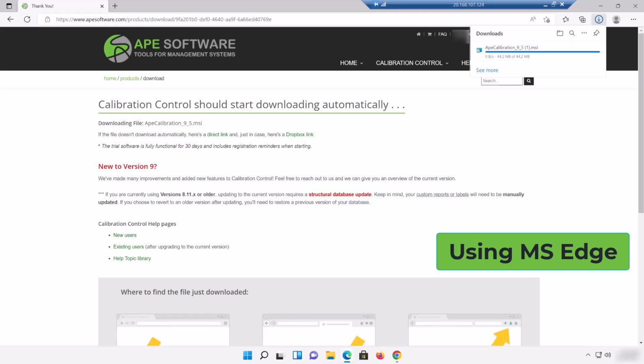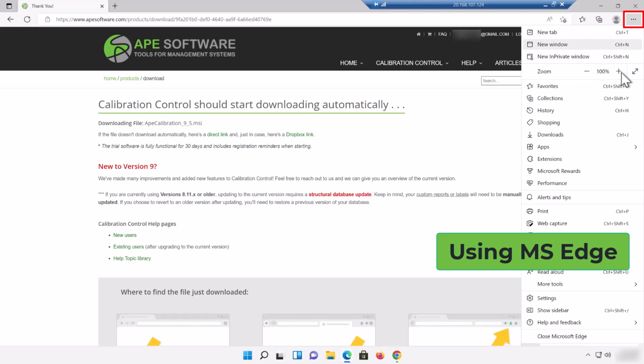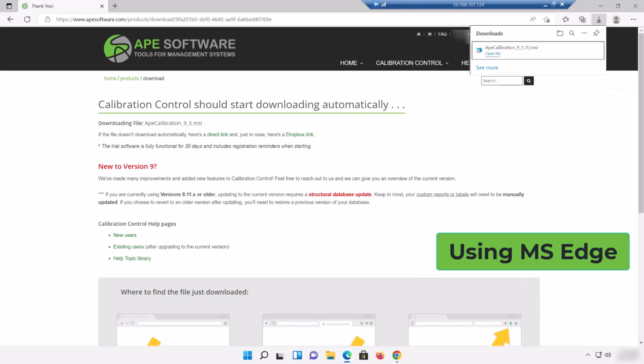By default, Edge will start downloading the install file to Edge's default download location, and while downloading, will show a Downloads dialog at the top right of the browser. If this download dialog closes, you can find your downloads again by selecting the three menu dots at the top right of the browser and then selecting Downloads, or by clicking Ctrl and J buttons on your keyboard at the